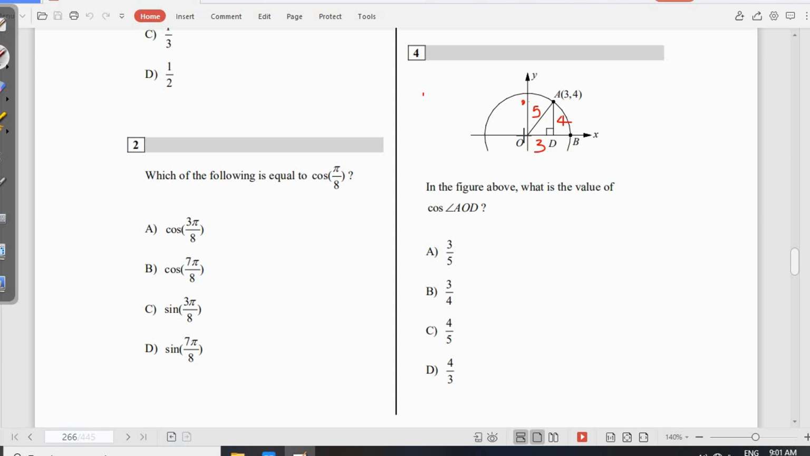So what is the value of cos AOD? Cos AOD is equal to adjacent, which is 3, over hypotenuse, which is 5. Adjacent over hypotenuse, so we have 3 over 5 there. Okay, so quite simple. Let's move on to the next one. Watch the next video for more on